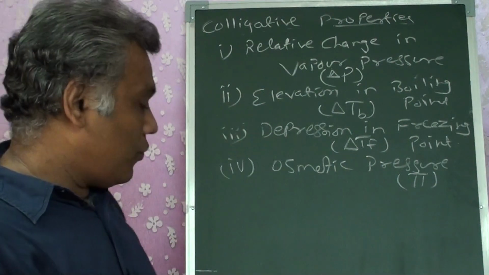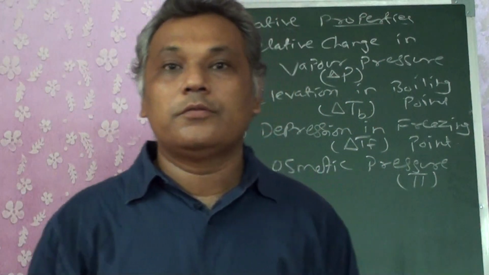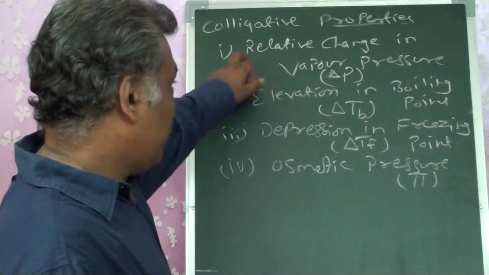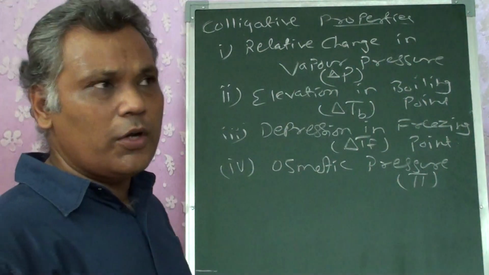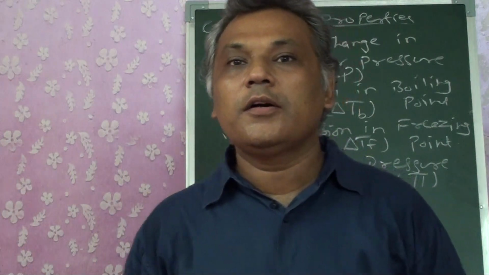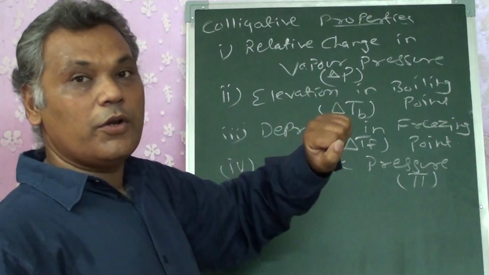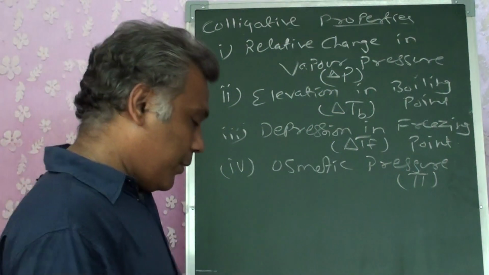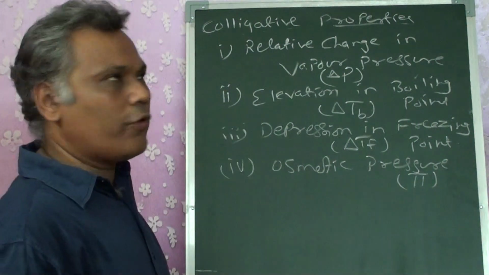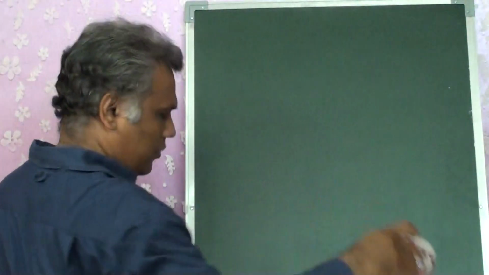Now once we know what the colligative properties are, we can come back to Raoult's law, the third law that was left to discuss. That was for the relative change in the vapor pressure. Particularly we termed it, the third law, as non-volatile solute dissolved in a volatile solvent. So that is going to depend on the relative change in the vapor pressure. Now let us study it one by one, all the 4 of them, as well as we will also discuss what Raoult's law is.